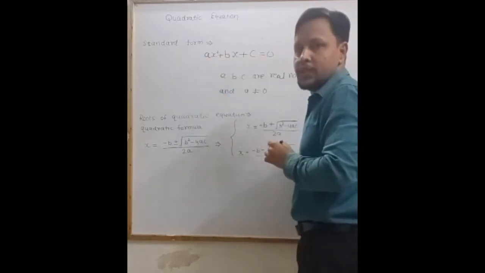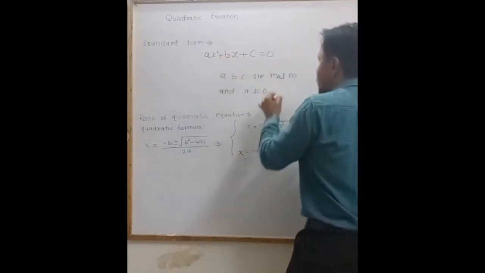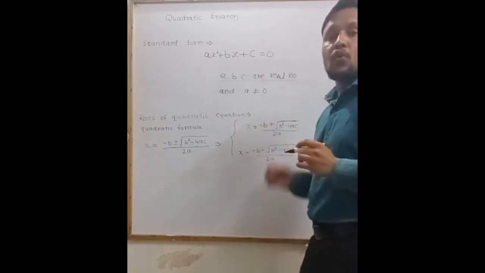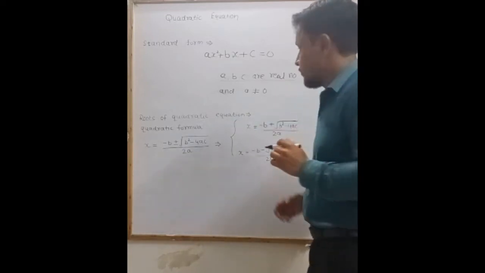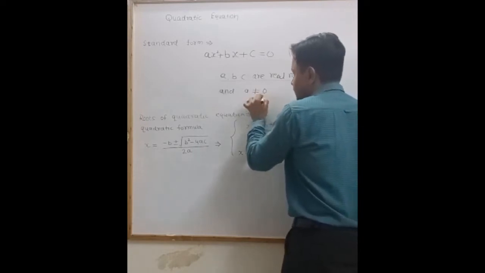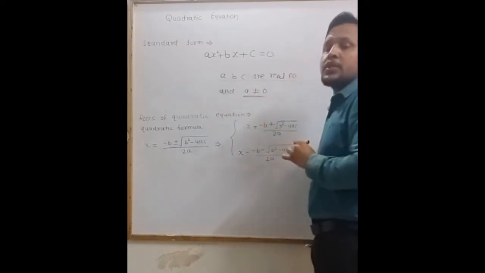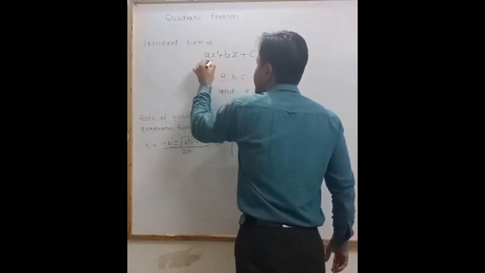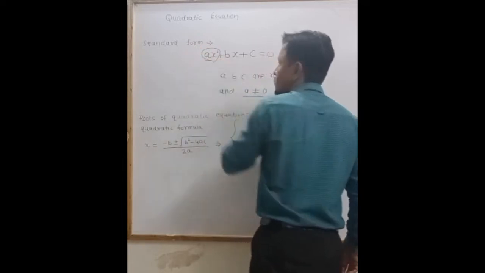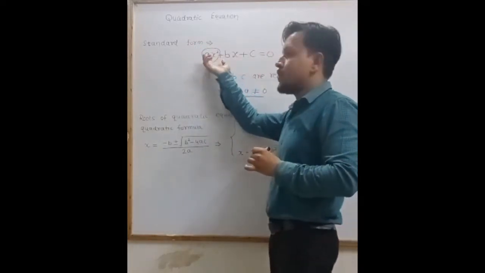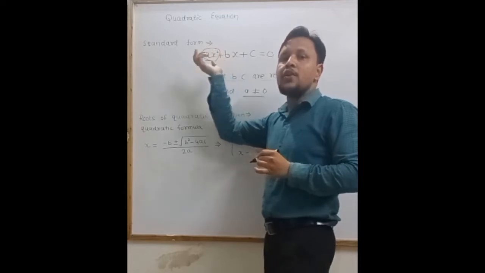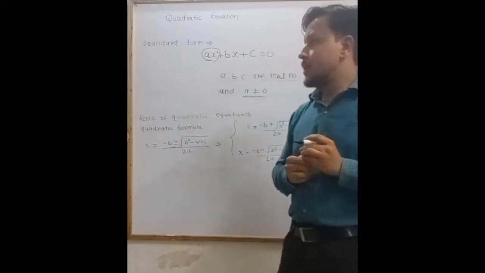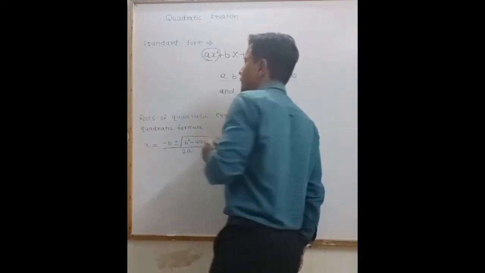c equal to 0, and a, b, c are all real numbers. a, b, c are also called the coefficients of the quadratic equation. One of the important conditions is that a should not be equal to 0. Why? Because if a equals 0, in that condition the x square term will also be equal to 0. So the highest power of the variable in this equation will not be 2 and it will not be a quadratic equation. Okay, and we are trying to understand this with the help of examples.